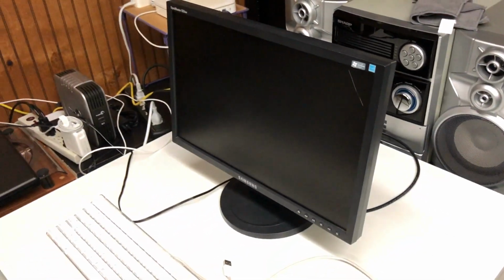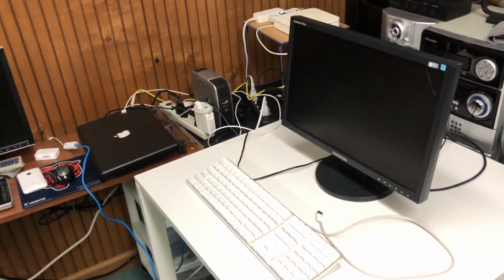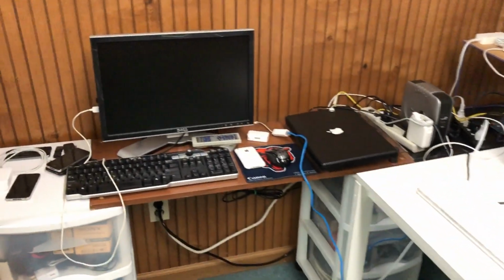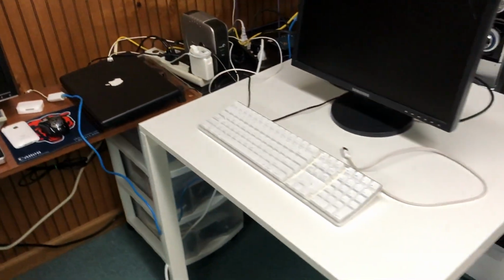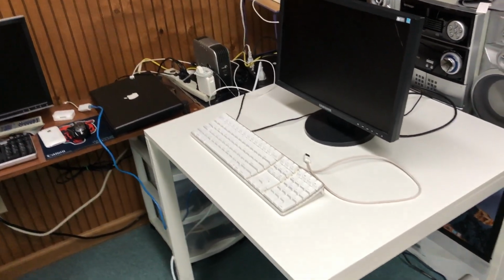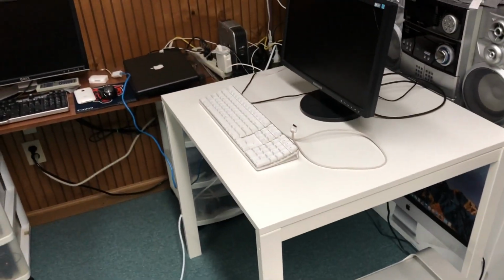This is the type of setup where you spend all your money on the professional Mac, and then you have to use the Windows Vista compatible VGA monitor. Now, this monitor actually does a really good job at being a monitor. Obviously, it doesn't really fit with the theme of the setup here. At least with this setup, we do have a matching Dell theme with the monitor and the keyboard, but this is supposed to be a super futuristic Y2K era setup, and everything so far looks the part